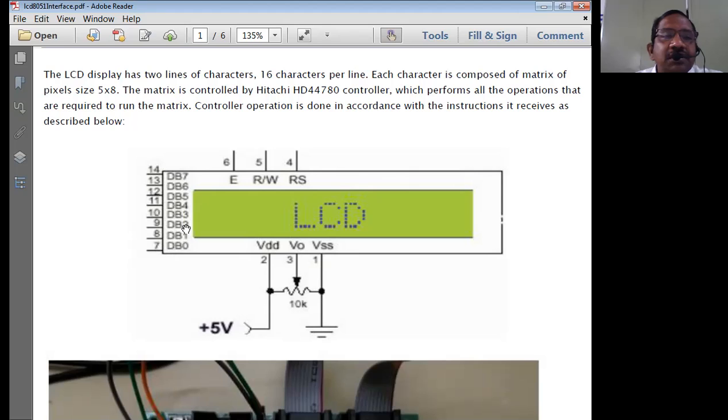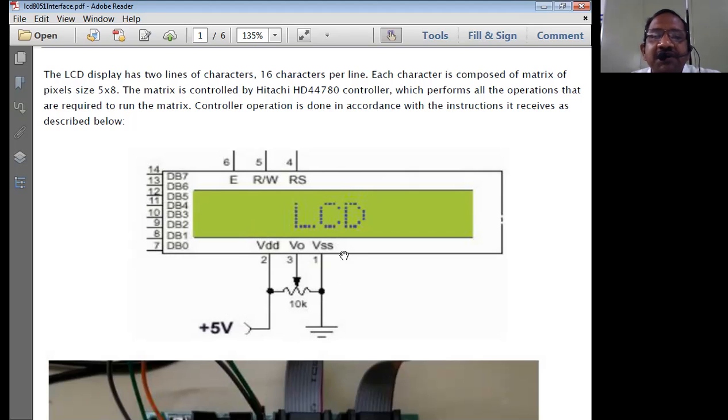Apart from this, what I have shown here are the most important pins, which are required whenever we want to read from or write into the LCD display. We can read data from the LCD display and we can write data into it, but usually the LCD is known as something like a monitor, which is used to show data on a display. This is an electronic chip. It has power supply pins VDD and VSS, and V0 is grounded. There is one ground line.